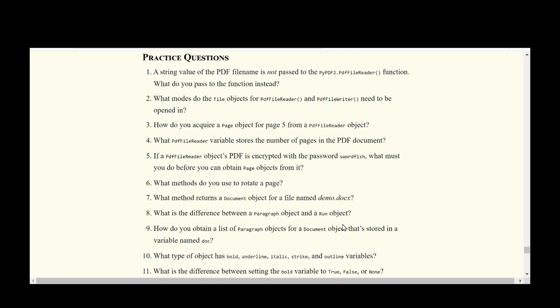Let's have a look at the practice questions. A string value of the PDF file name is not passed to the PyPDF2 PDF file reader function. What do you pass to the function instead? So instead we would pass a file object returned from the open method. What modes do the file objects for PDF file reader and PDF file writer need to be opened in? So for that we need to pass RB for read binary for PDF file reader and WB for write binary